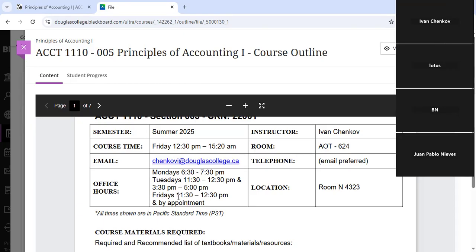Right now, office hours obviously will be through email due to my physical inability to walk to Douglas College, but soon I'll be there. My room is 4223, which is at the end of the corridor on the business and commerce floor, which is the 4th floor.